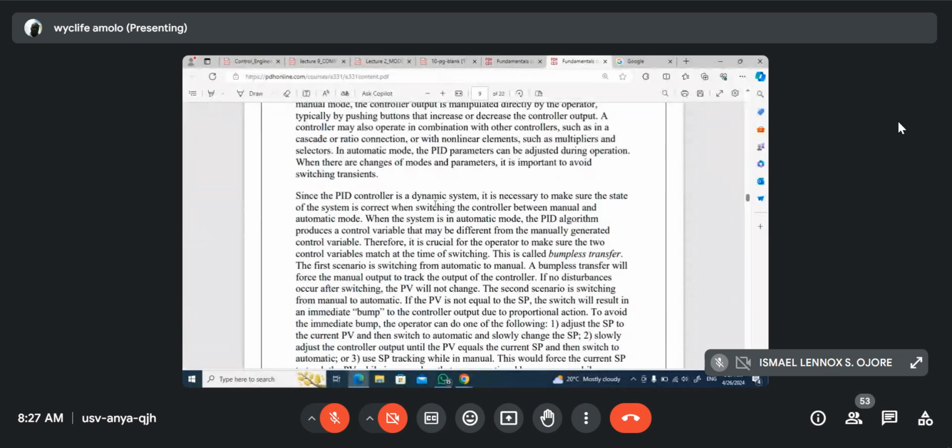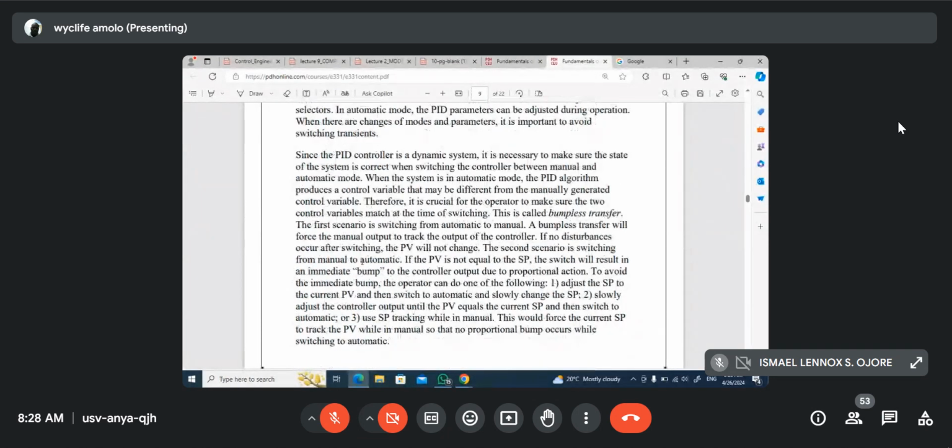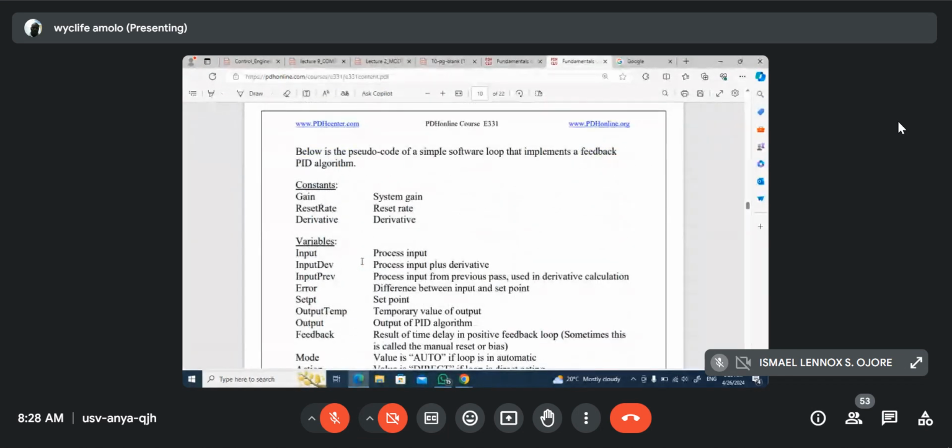So you must be very sure that what you're doing is going to make things work without bringing complications to the system, and it can cause a big drawback to what's happening. The PID algorithm can also be used to control variables that may be different from the manually generated system. So I'll give you these notes, but